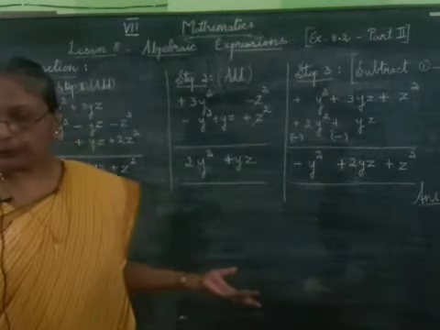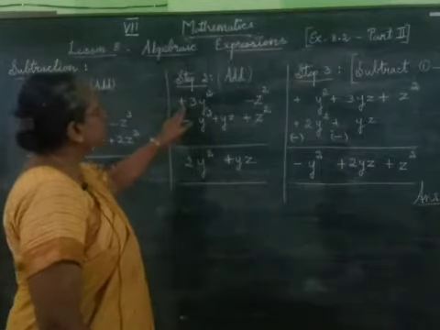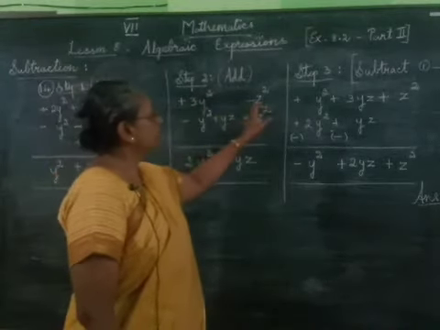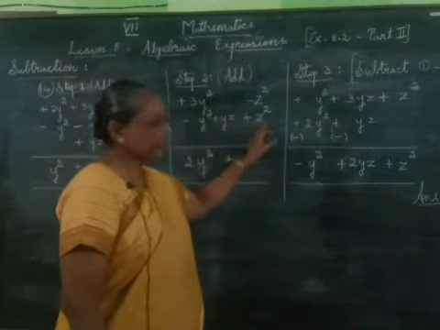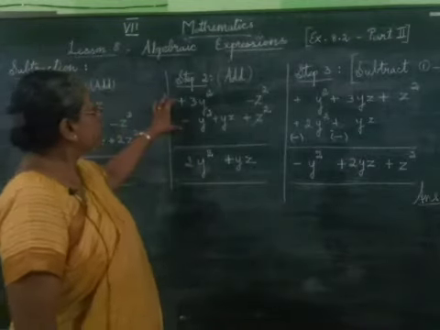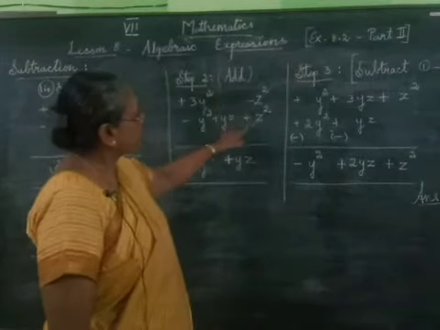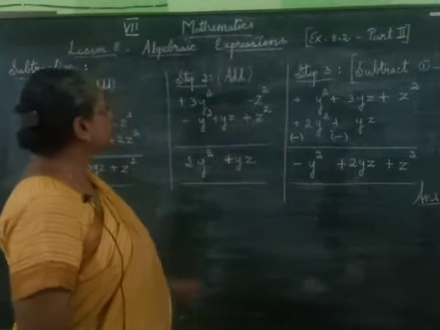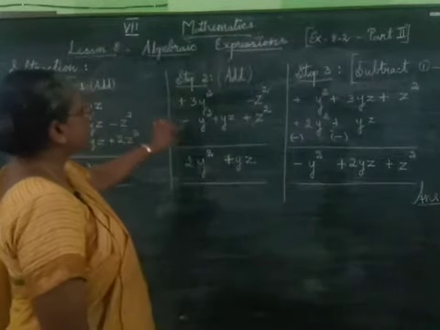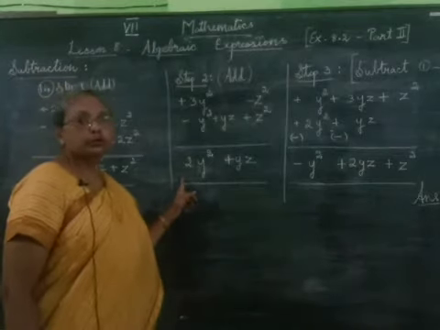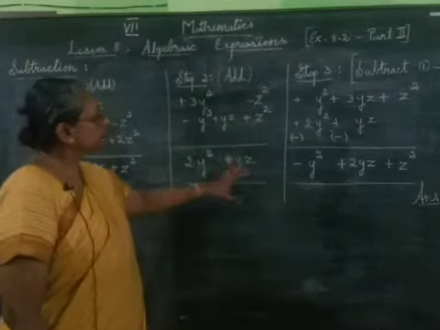Now the next step is the sum of the other two expressions that we are given, that is 3y² − z² plus −y² + yz + z². So these two expressions we are going to add. When we add, minus z² and plus z² cancel. Then plus yz remains as it is. Then plus 3 minus 1 we get plus 2y². So we get 2y² + yz. So this is the second sum.